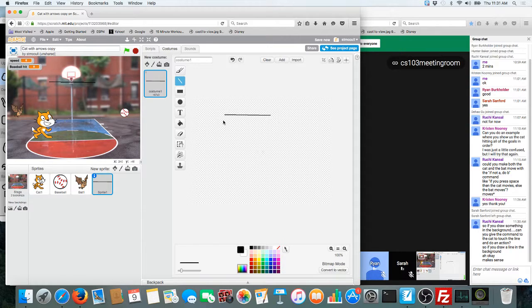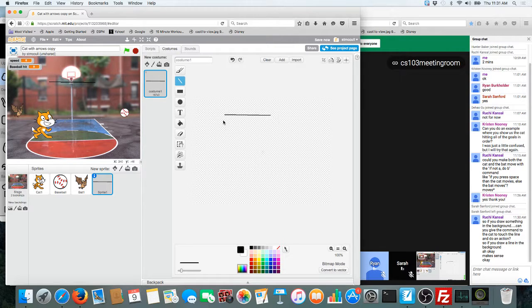So that's the way I would handle that. I don't know, I at least don't know a way to make the basketball hoop part of this a specific different action than the rest of it. I guess what you could do, I think this is a horrible idea,